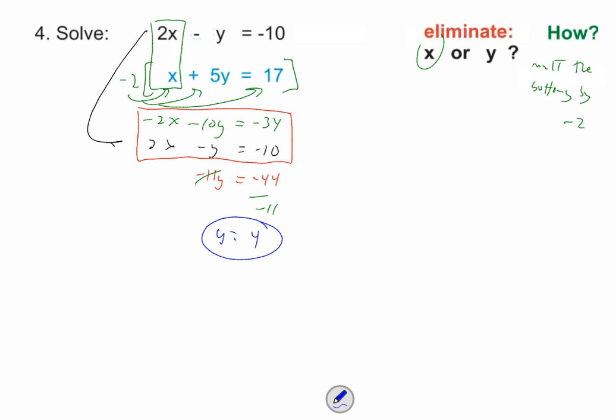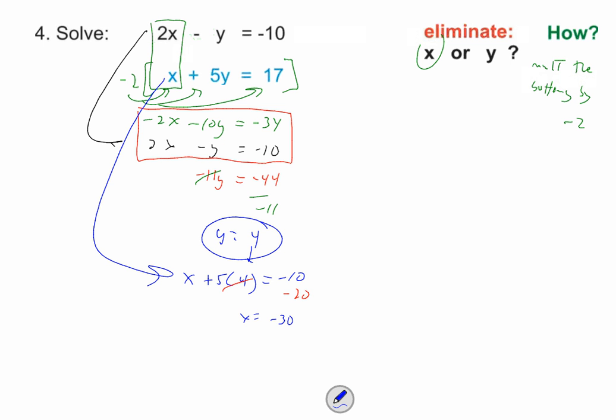Next step, substitution. You want to go black or blue? Blue already just has x. I'm going blue. Either one's not bad, to be honest with you, and there's no wrong answer. Just one maybe is a little easier. Because now when I stick that 4 in, all I got to do is move the +20 by doing what to the other side? -20, right? Again, you're adding a -20 to both sides. And I get x equals